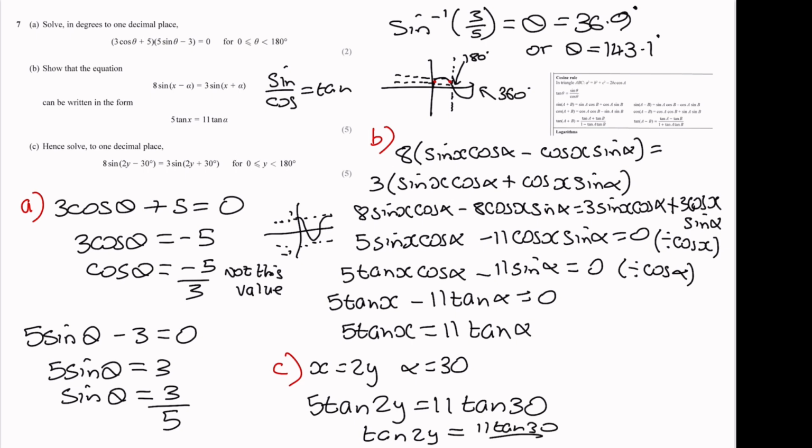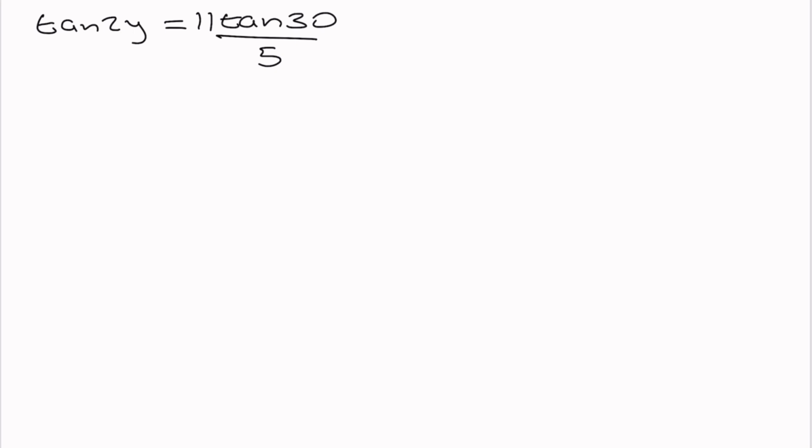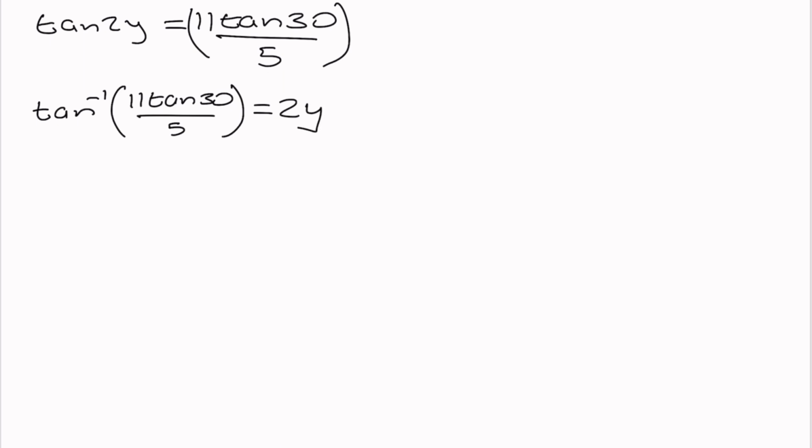Just write this on the next page. So this 11 tan of 30 over 5 will just give us a value. So if we can do tan to the minus 1 of 11 tan 30 over 5 on our calculator, that will tell us what 2y is equal to. So if we do that, 2y is equal to